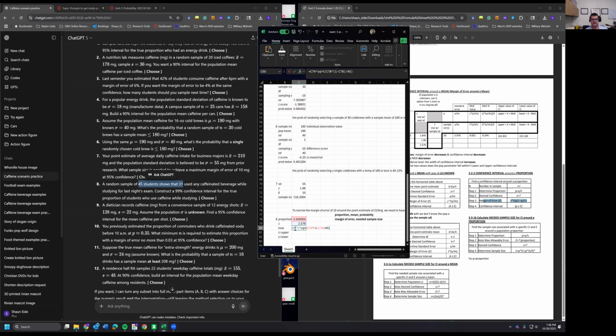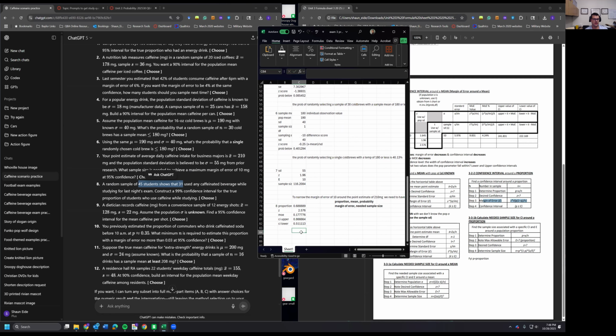I did the z-score, which is 2.576, multiplied by the square root of the proportion multiplied by 1 minus the proportion divided by 45, which is the sample size, which gives me a margin of error of around 17.7%. So what's the upper and lower confidence interval? I take the proportion plus the margin of error. Then I do equals the proportion minus the margin of error. And so now what I can say is I am 99% confident that the actual population proportion